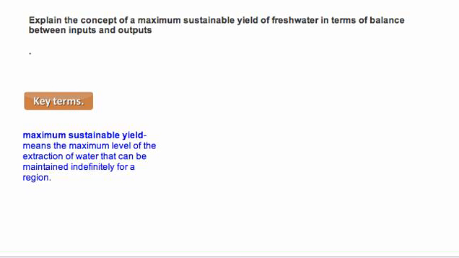The other thing that you need to do is explain the concept of maximum sustainable yield, and we'll be coming back to this again and again. So, water is a resource, and if we extract it from the river basin, we can carry on extracting it until there's none left. Basically, the maximum sustainable yield means the maximum amount of water we can pump out of the ground